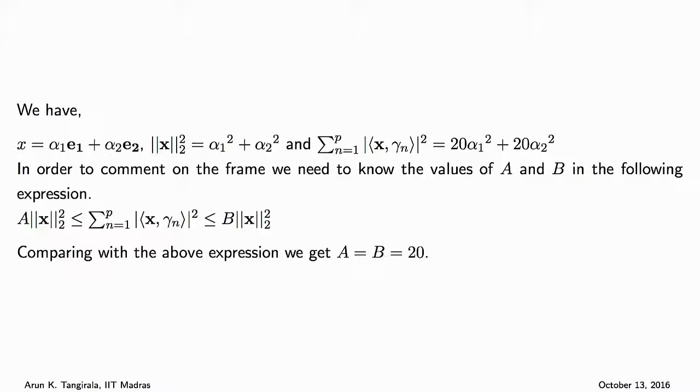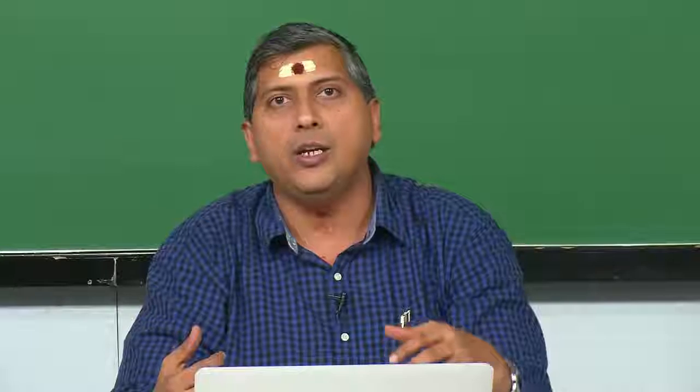So, what one has to do is essentially invoke this relation, and then the next step would be to compute the sum of squared projection coefficients, which is the sum of the mod of the inner product between x and gamma, squared, and then figure out what A and B are. In order to do that, it is a good idea to first express or recalculate our x. So, in general, any vector x in the 2-dimensional space one can write as alpha 1 E1 plus alpha 2 E2, so that the squared 2-norm of x is alpha 1 square plus alpha 2 square, and using the fact that E1 and E2 are orthonormal,